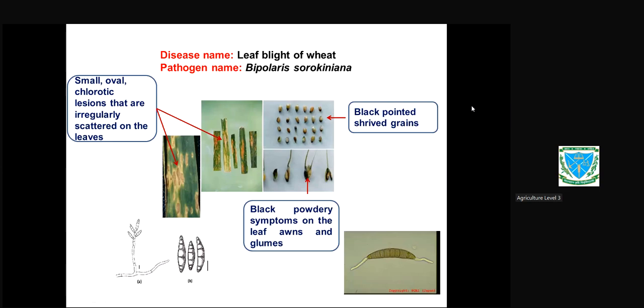from both poles, দুই side থেকে. Can you see at the right bottom corner this conidia? You see the germination starts from this end and from this end. So the conidia can germinate from both poles. That's why it is called bipolar. Bipolar মানে দুই পোল থেকে germinate করে conidia. এইজন্য এটাকে bipolaris বলা হয়.